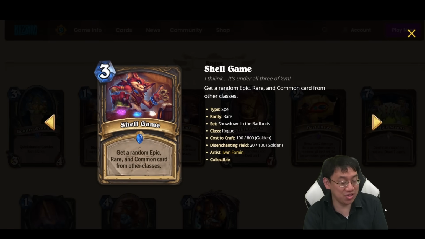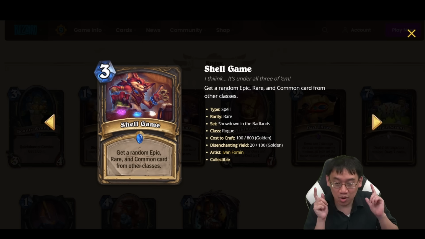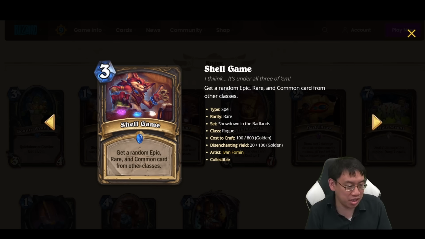Other value cards include Shell Game. 3 mana, get a random epic, rare, and common card from other classes. So guaranteed to be from other classes, which is good for Tess. But Tess is a value deck, and the payoff for that Rogue value deck is you get to play Tess and do a bunch of cool stuff, but it doesn't win you the game. When the other classes do a bunch of cool stuff, they win the game. So Shell Game does not win you the game, and is not actually very good,